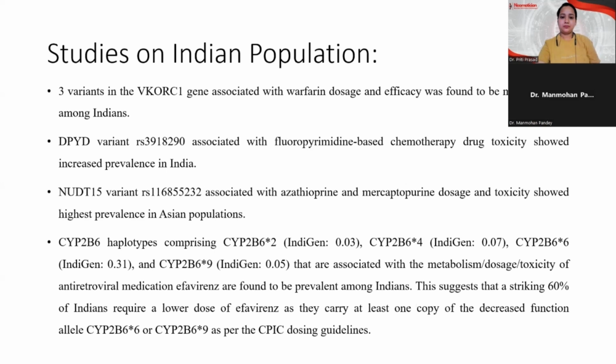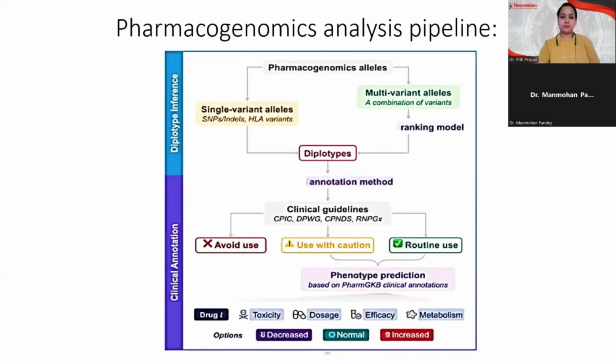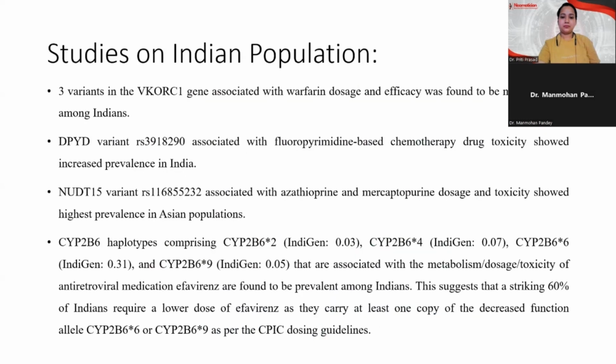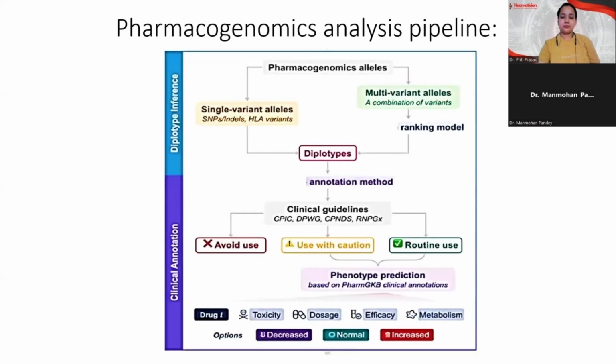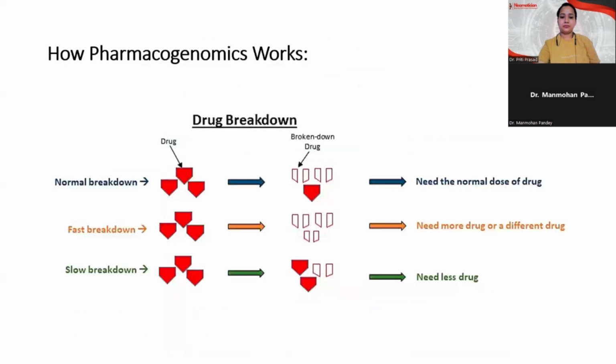These are the different drugs and the different variations responsible for them, which must be taken with caution. It is done on a population study, and based on that, different recommendations of drugs can be given. We have oncogenic drugs also. Okay, next. I've already discussed this. Next. Okay, so I will just discuss how pharmacogenomics works.